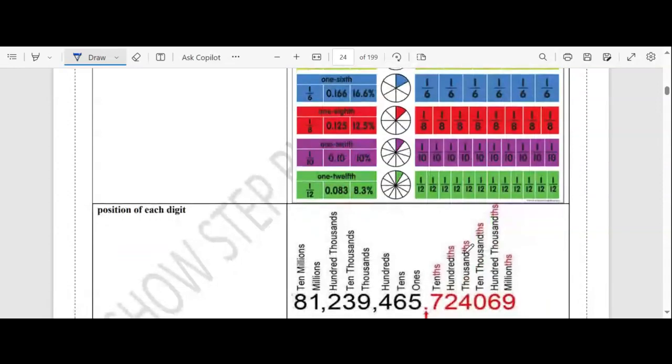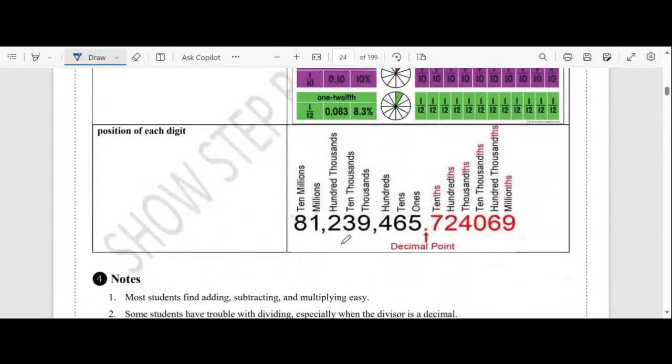Now, what about the position of each digit? We know this is what? Ones here. This is called ones, right? And this is tens. So the 5 is ones, 6 is tens. Then what comes after? Hundreds, then thousands, then 10,000, then 100,000, then 10 million. Now, after the decimal point,